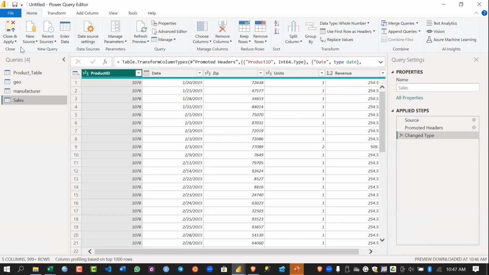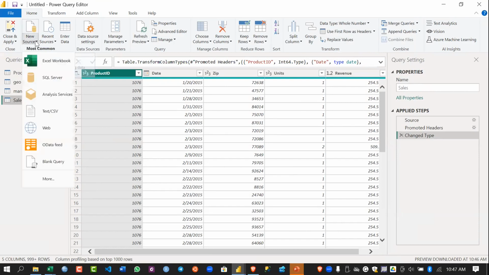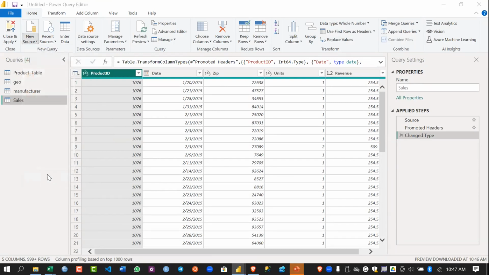The last is going to be the sales data of other countries. But the sales data of other countries are five files. We can either import them one by one, that is by importing each CSV file, or we can import the whole folder. Importing the whole folder makes it easier for us instead of importing each file one by one. So by clicking on New Source, then More,